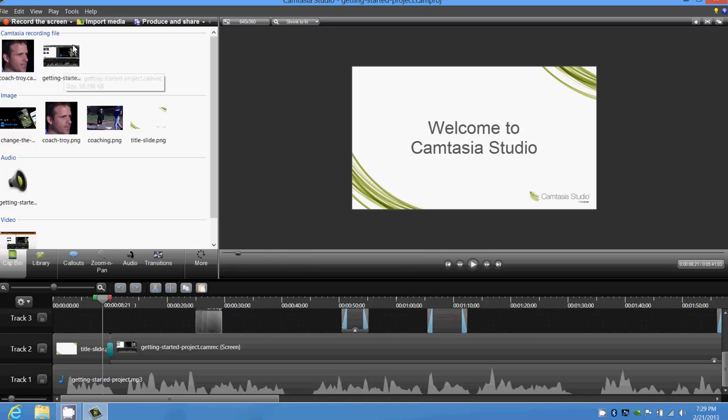So way up here in the upper left-hand corner is a thing that says record the screen. There's a little drop down here. You can either do record the screen or record PowerPoint. For simplicity's sake, all we want to do is just record the screen, okay? So we click record the screen,